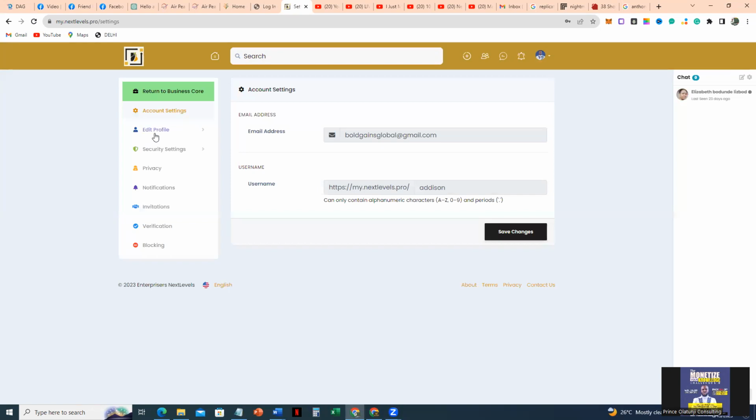And other settings, if you go to settings, you can see account settings, edit profile, security settings, privacy, notification, invitation, verification, and blocking. So let's go to edit profile. Now, in the account setting, the first one is account setting. Under the account setting, you can see the email address that I use,